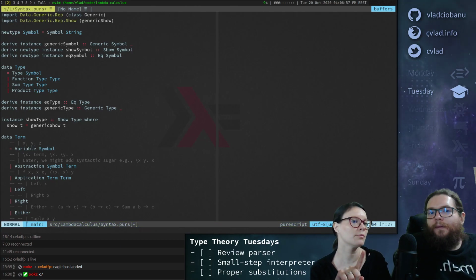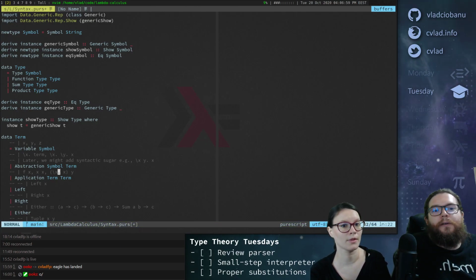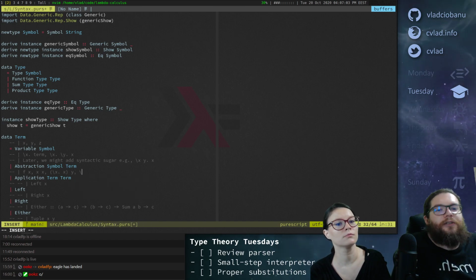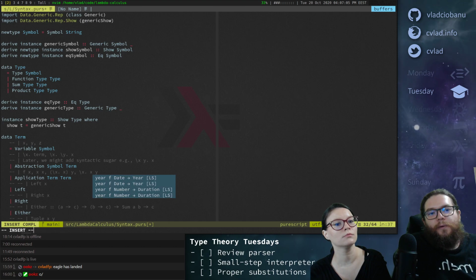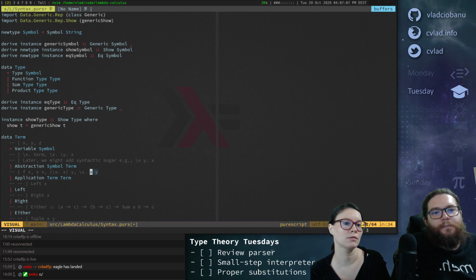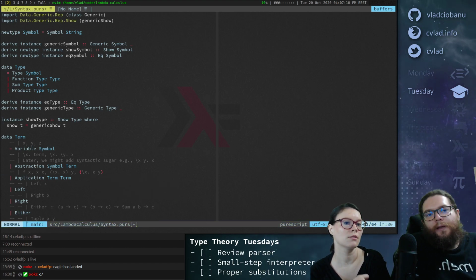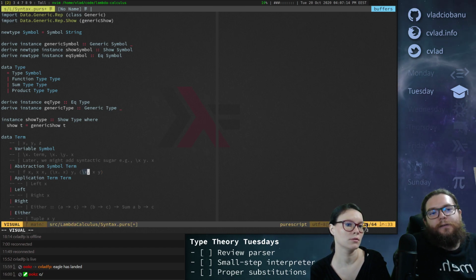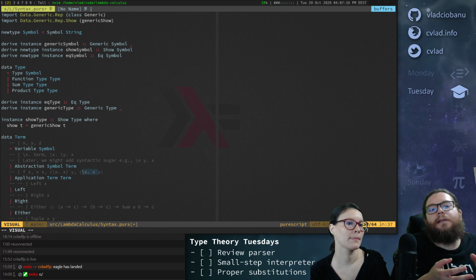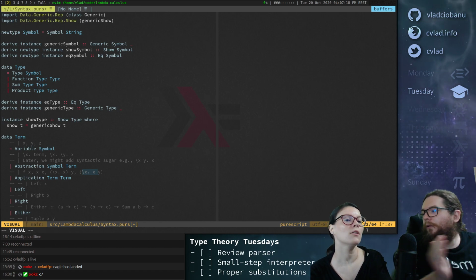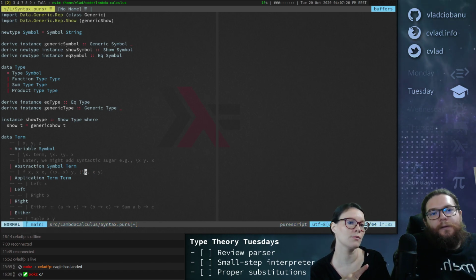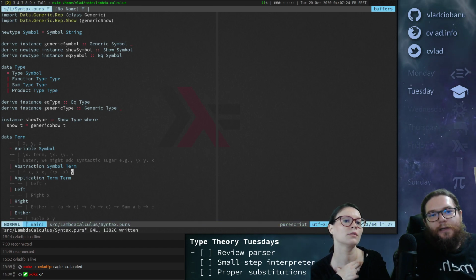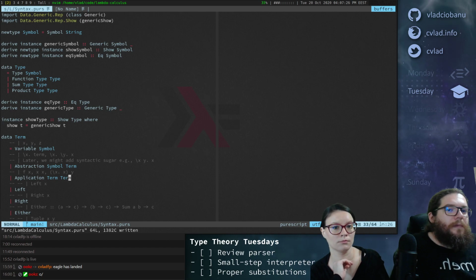Question: do you need to put parentheses? Yes, because otherwise you cannot differentiate between this and the one above. Or rather, you cannot differentiate between x, this, and this thing, right? There's no way to tell, and by default it will parse it like this. So the lambda term is greedy. It will parse as much as it can. If we don't put parentheses, it will take as the right hand side this right part, right? So we need to do it like this. Cool.